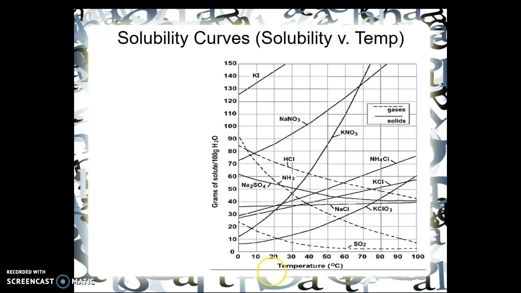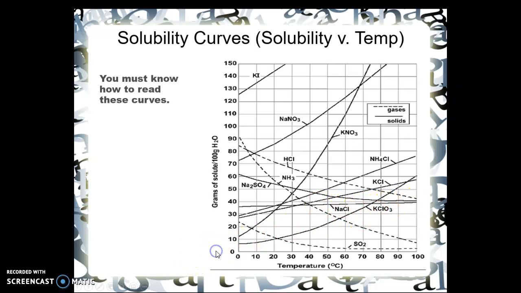This is a solubility curve graph. It has a number of salts, potassium iodide, sodium nitrate, potassium nitrate, ammonium chloride, and so forth. But it also has some gases like hydrogen chloride, making hydrochloric acid, and ammonia gas, making ammonium hydroxide. And as you can see, most of the salts increase with temperature. In fact, except for sodium sulfate, all of them are dissolving more in hot water than in cold. Sodium chloride has an almost flat